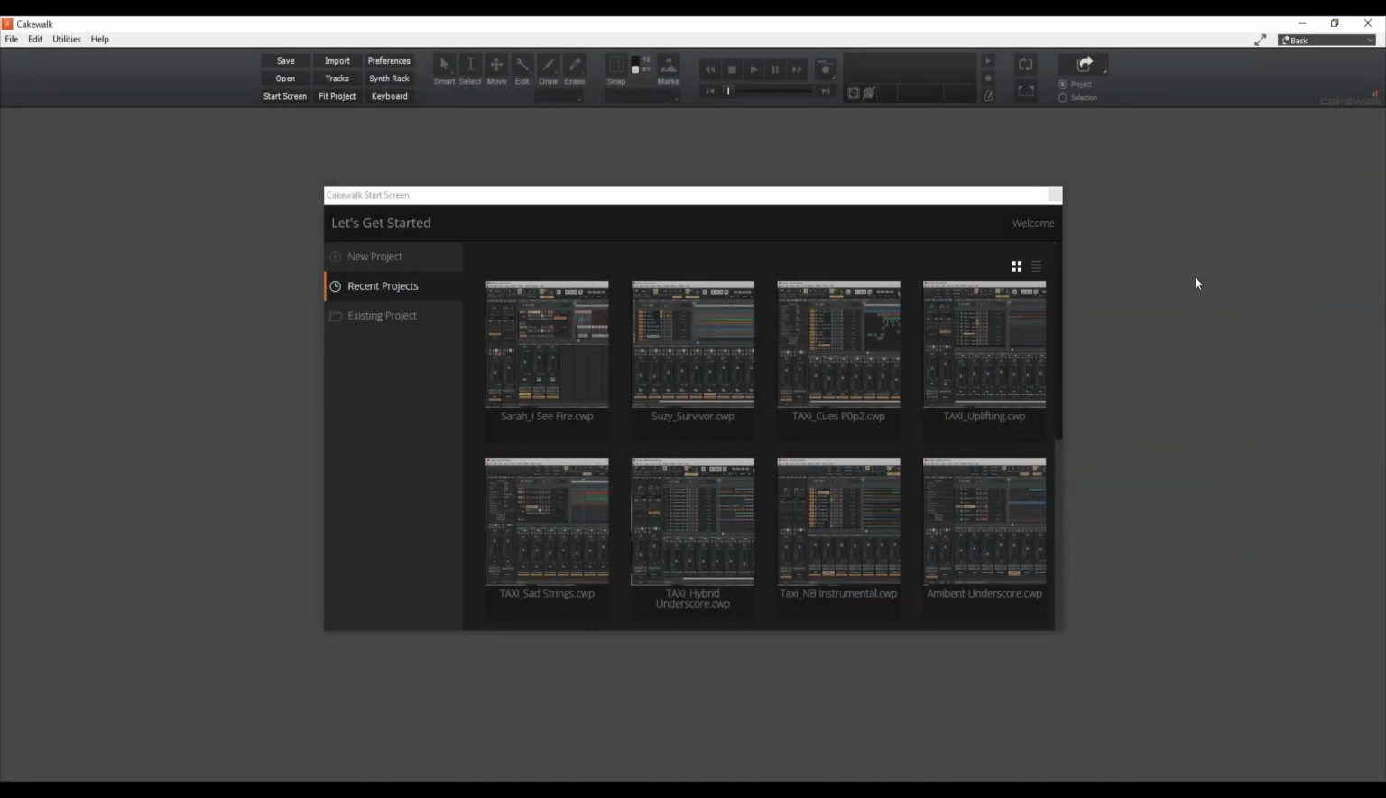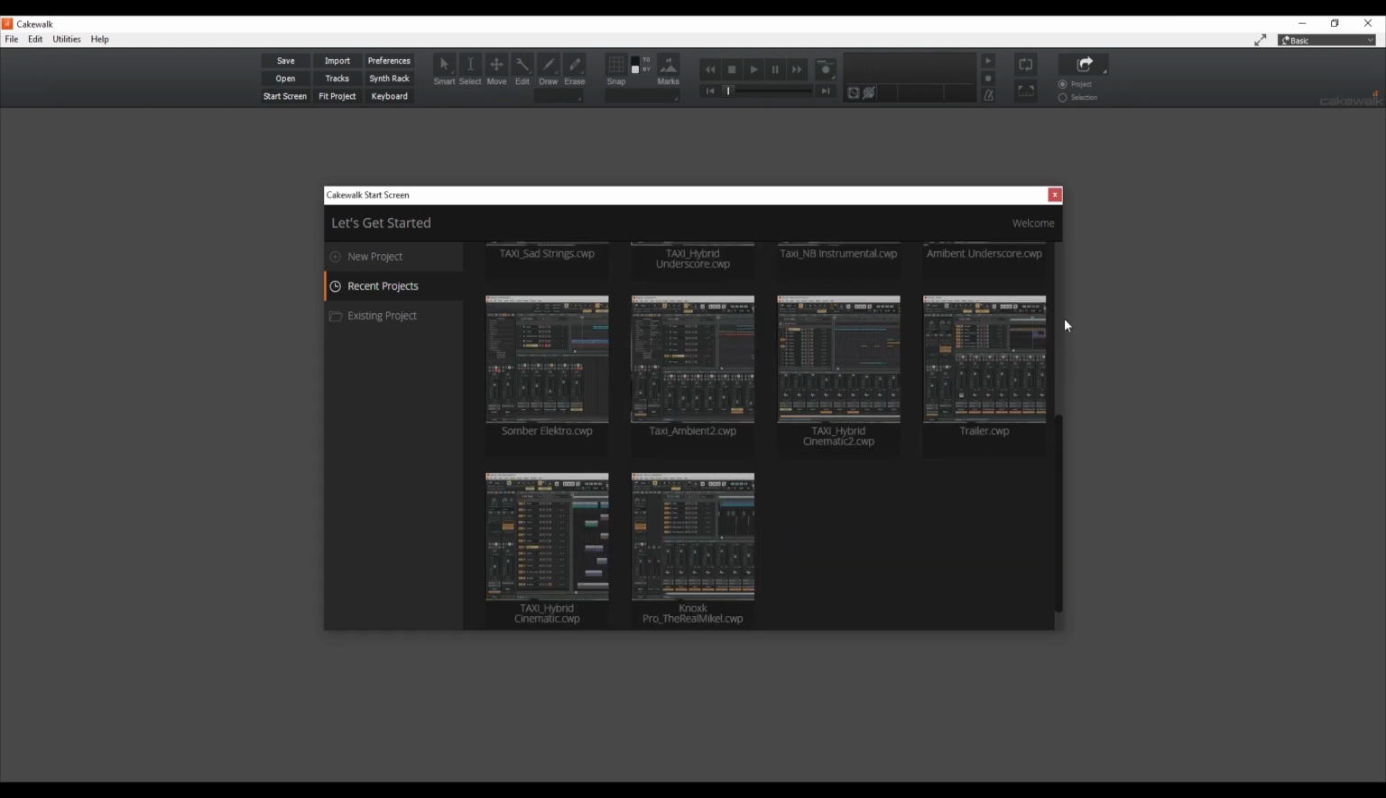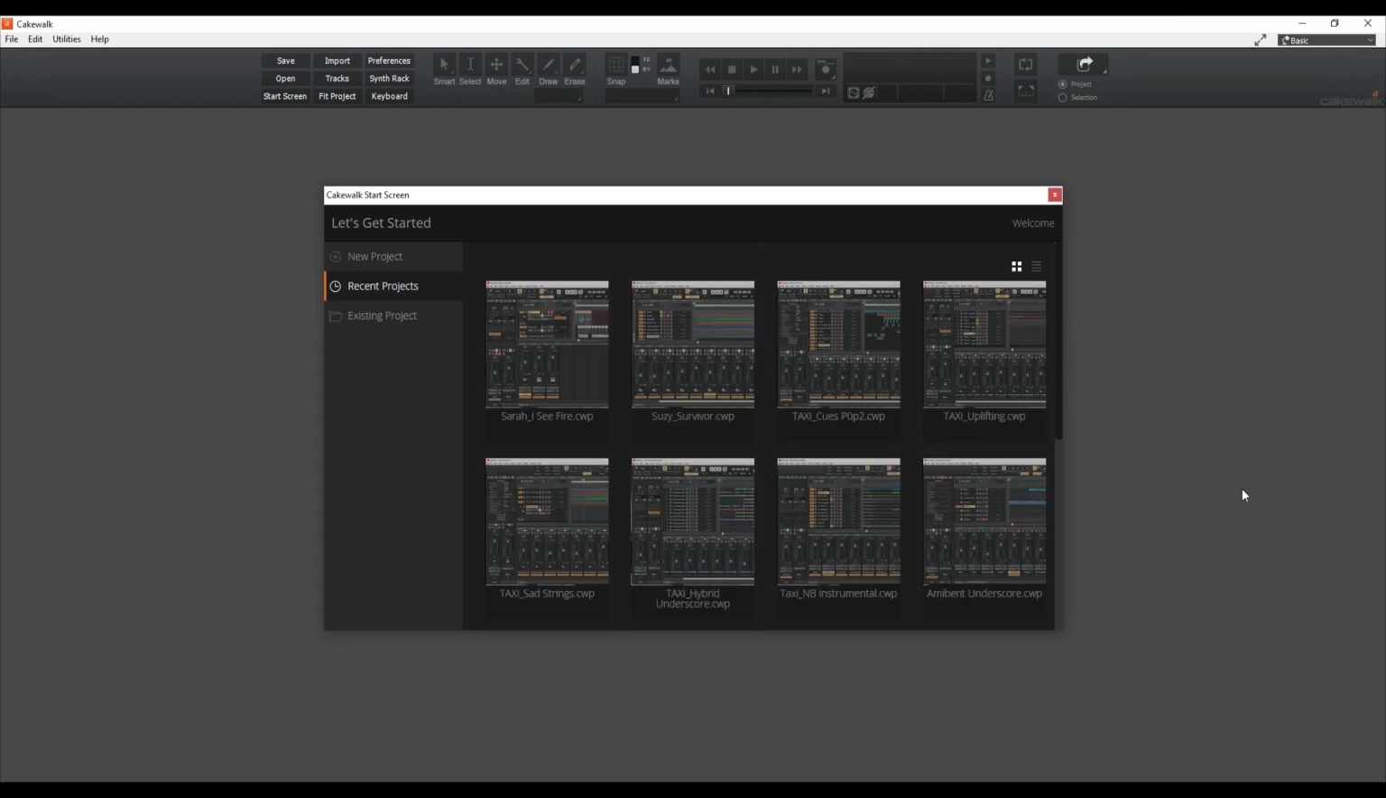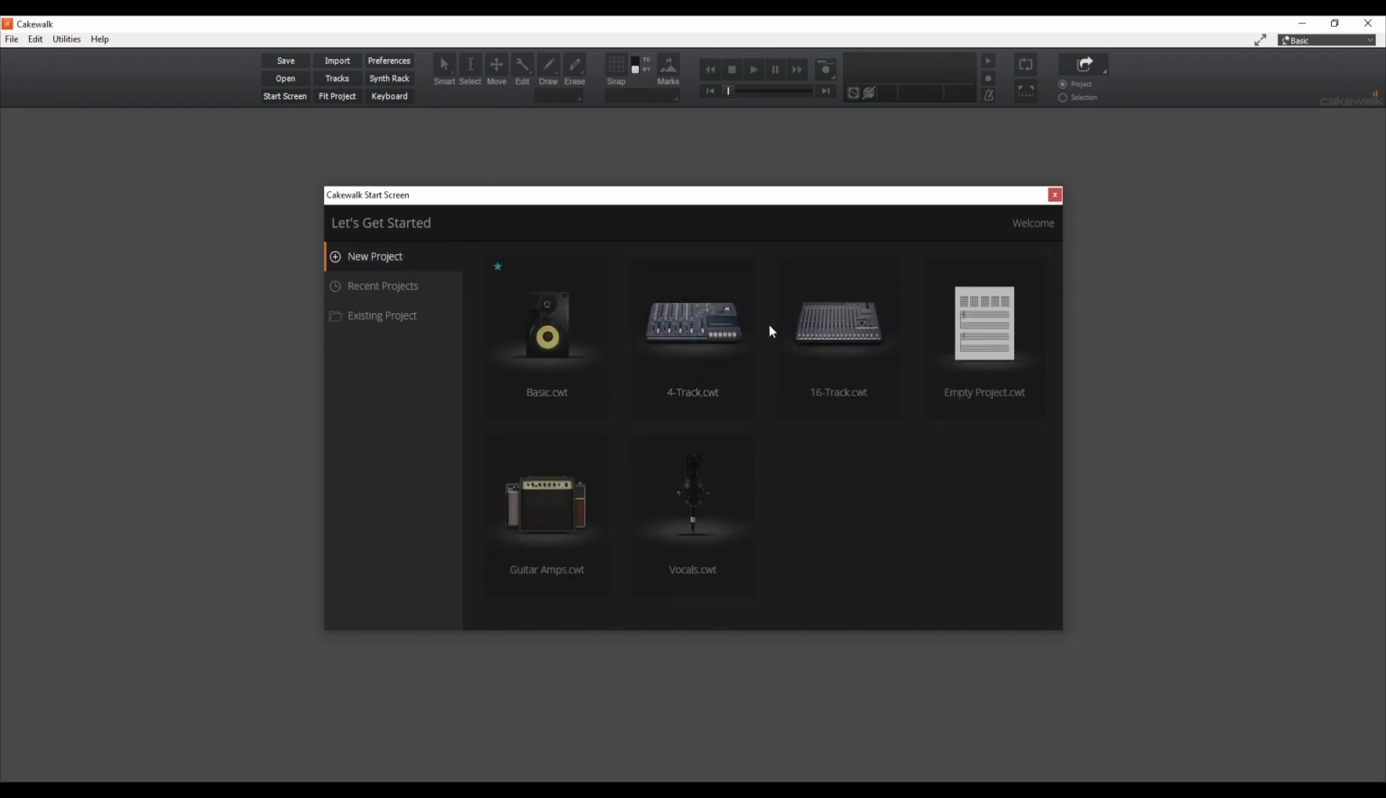Welcome back to Cakewalk by BandLab, and welcome to the ever beautiful start screen, the infamous start screen. So in Cakewalk by BandLab, right as you get to your start screen, it tells you, welcome, let's get started. Here we can create a new project, and going through it, we've got a basic setup, which I love the templates, by the way. We've got a basic Cakewalk template, a 4-track template, and this little bad boy right here,